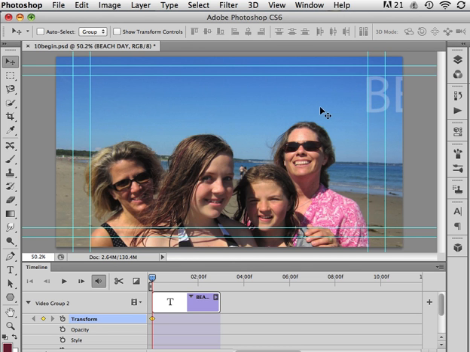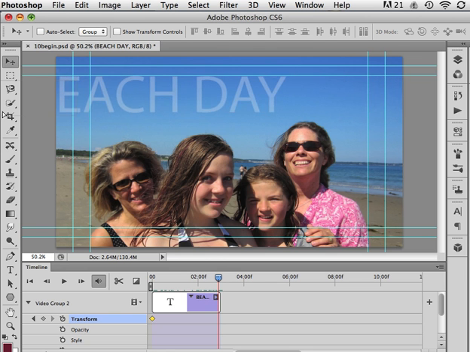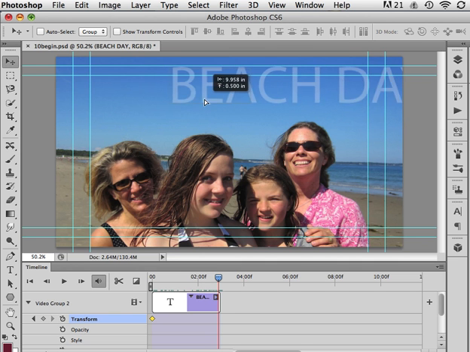We're going to move the playhead to the last frame. So we're going to take this playhead to the last frame right here. That's the last of the frame. Then we're going to drag the text to the other side. The little trick here is that if you hold the shift key down while you're dragging, it keeps everything in line. So I'm holding the shift key down. I just let go of the shift key because it's, come on, cooperate with me. Okay, I'm just going to